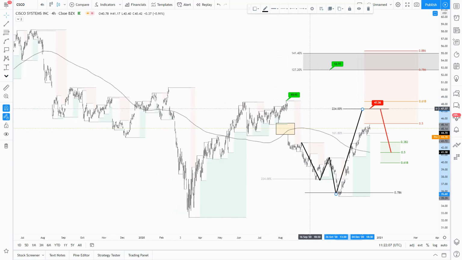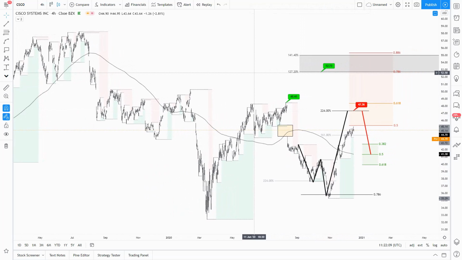I believe the market always has room to trade above or below a fractal support or resistance level, but the point is we need validation. We need the price to confirm some of those violations, let's say, of the previous structure support or resistance level. So at this point, taking into consideration the Fibonacci levels presented, I will not be surprised to see